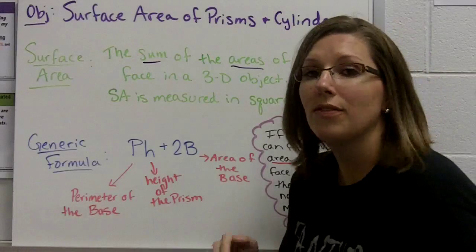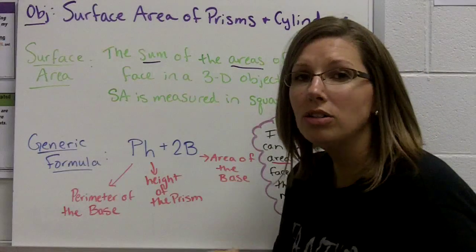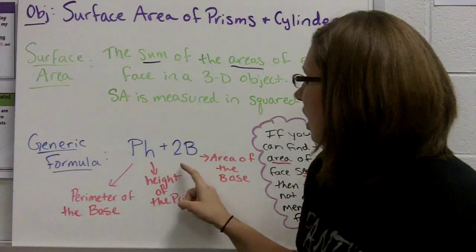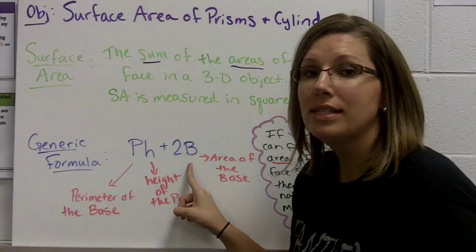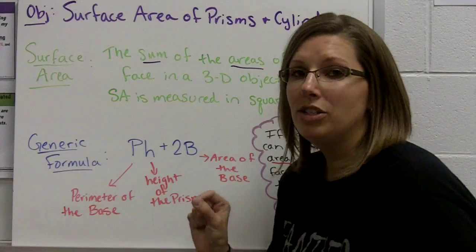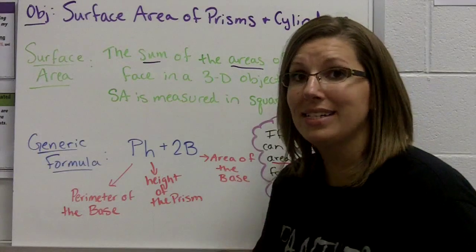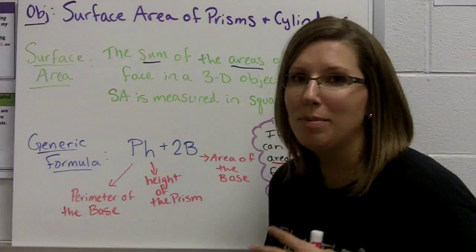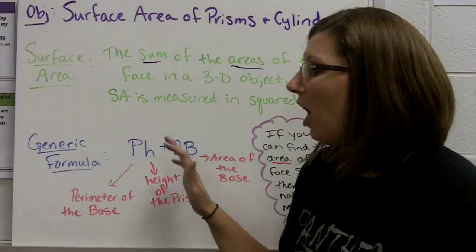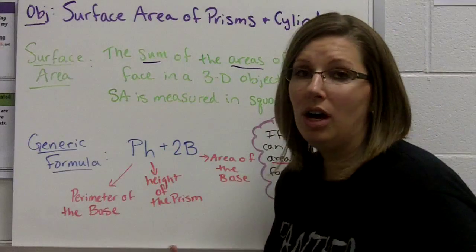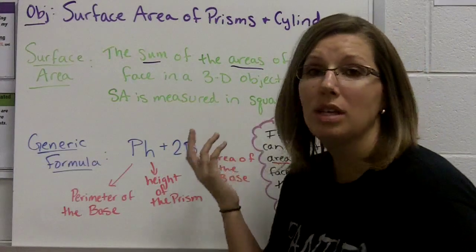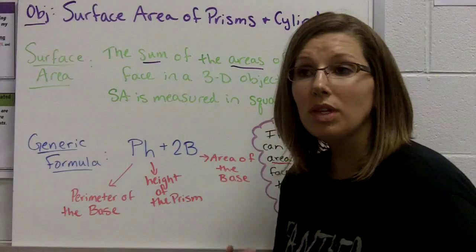Then H stands for the height of the prism. How tall is that prism? The capital B stands for the area of the base shape. So you're going to need to know how to calculate the area of that base, the circle, the rectangle, the trapezoid, the triangle. All of this, you can use the formula on every prism or cylinder that we come to,